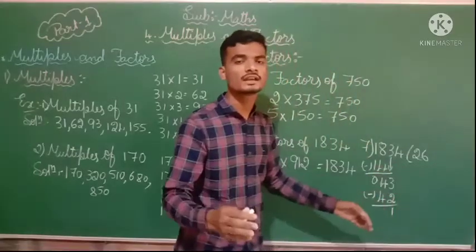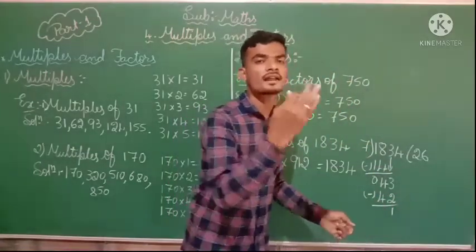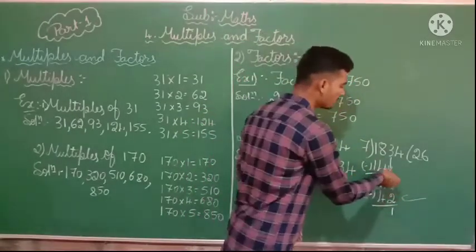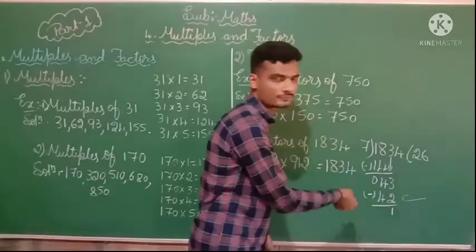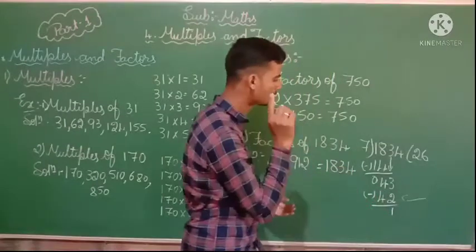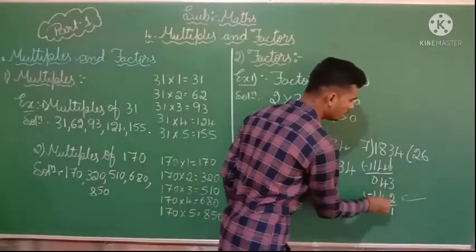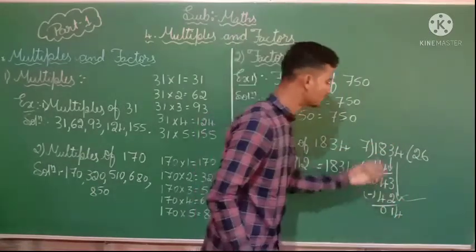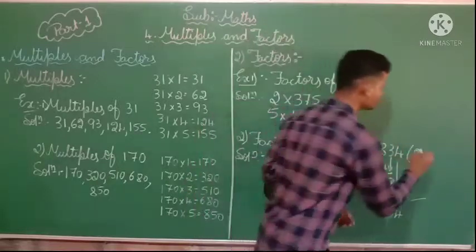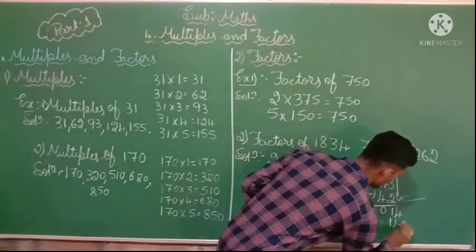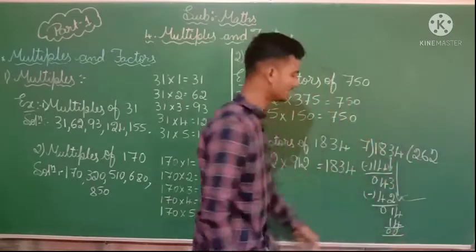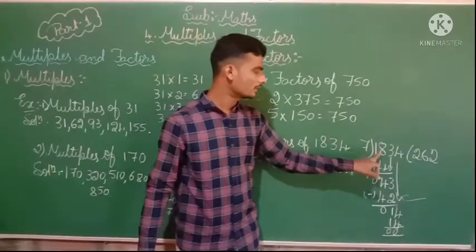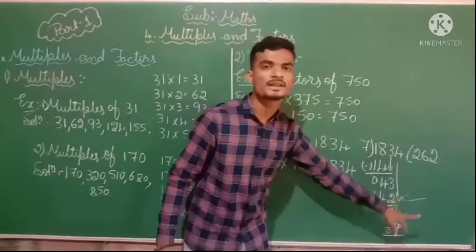While you are solving problems, you always want to start from the right side. This is the right side. While solving a problem, you want to solve from the right side itself. You should not go by the left side. This you have to remember. 3 minus 2 is 1, then 4 minus 4 is 0, then here is a 4. You take 4 as it is. Then 7 how much is 14? 7 twos are 14. The remainder we got here is 0. See here, the number 7 divides the number 1834 completely.